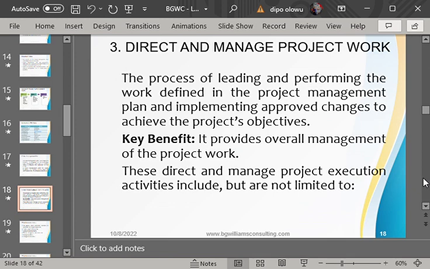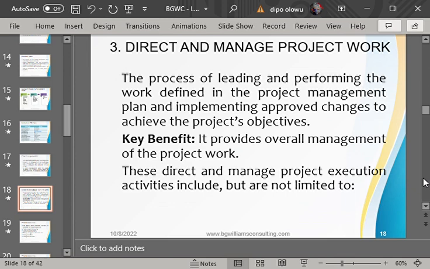This is an executing aspect of the project, just as it sounds. Please note, it is not the project manager that performs the physical work. Hello? Rather, it is the project team. But you being the project manager, your responsibility is to direct them.